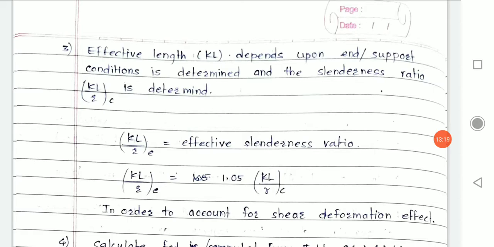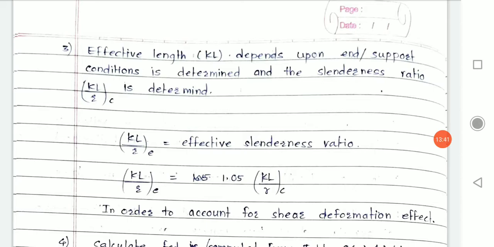To choose a table value, I need to understand the slenderness ratio of the section I have chosen for designing. I will first calculate the slenderness ratio, effective length divided by radius of gyration.